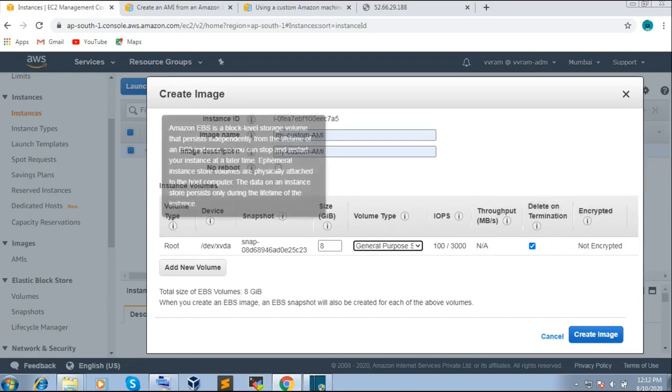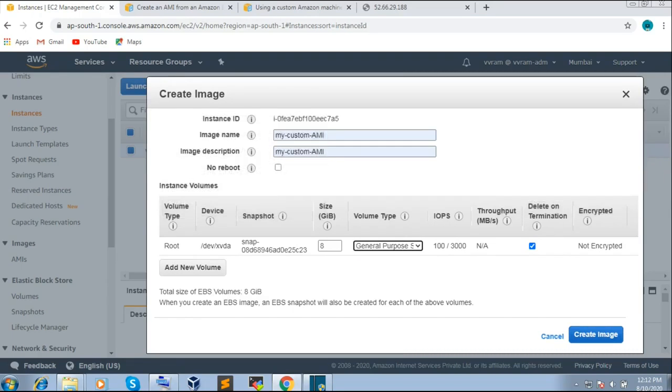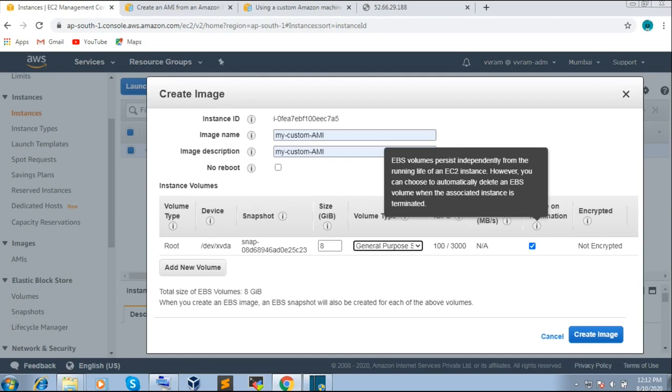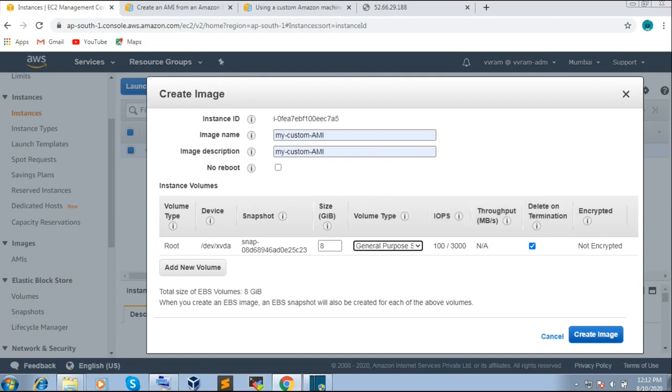Here you can see the volume is root, device and snapshot, and it will create a snapshot. The volume is General Purpose, the IOPS is 100 with 3000, and delete on termination is checked. That means whenever we deregister the AMI, the snapshot will not be deleted, and it will still be there.